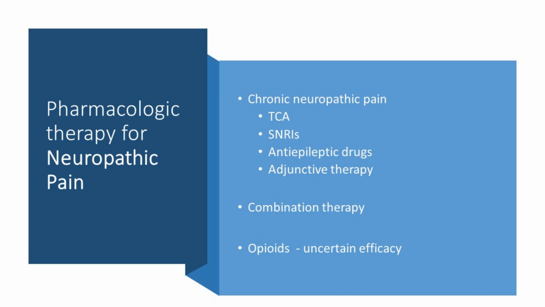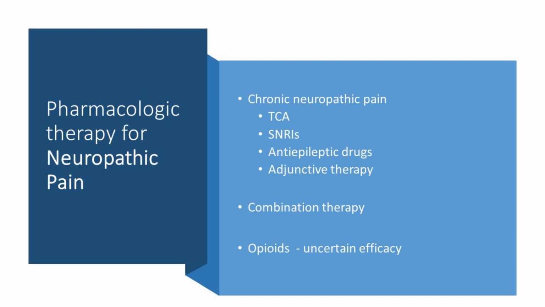side effects, costs, etc. For example, you're going to start an antidepressant first if the patient is depressed, or you can start with a gabapentinoid first when antidepressant drug interactions or side effects are a problem. Combination therapy with both antidepressant and antiepileptic drugs is often required because only less than 1/2 of the patients with neuropathic pain will respond to a single agent, so most of the time you'll be treating them with a combination